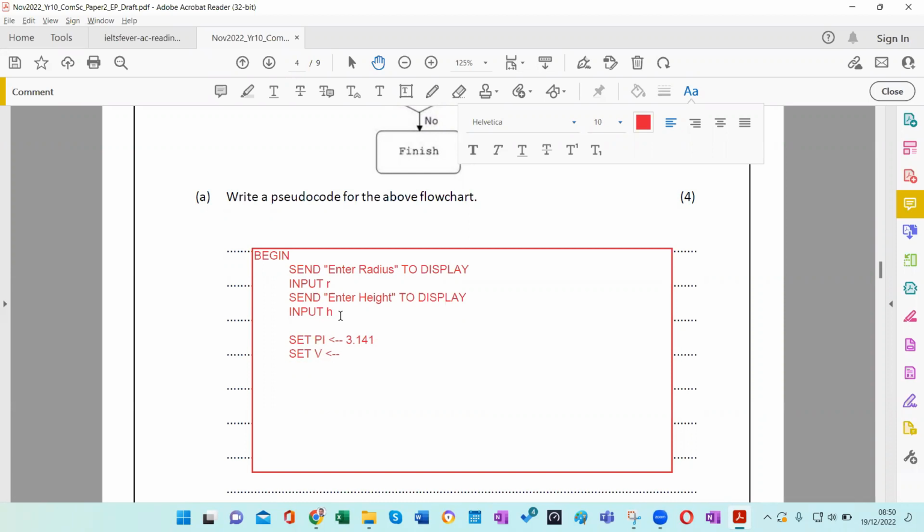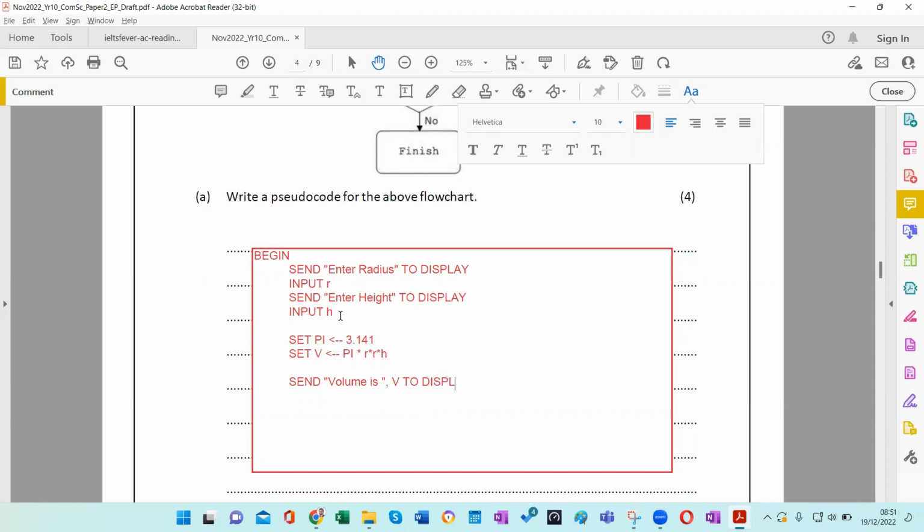Set V to pi multiplied by R multiplied by R multiplied by H. That's all, right? Then output, send, let's put it like this. Send volume is V